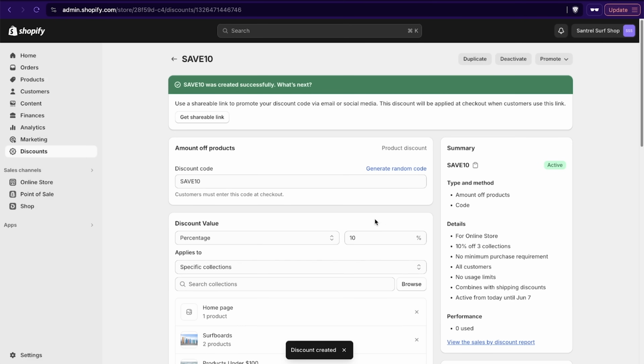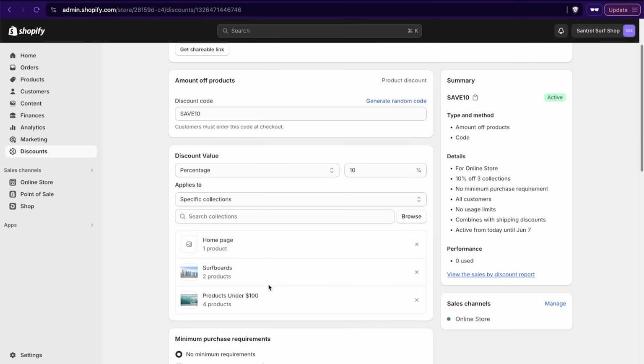Save the discount, and now that discount will be there. I actually did add all 3 collections right here, so it's valid for all products on our site. But you could do individual things if you wanted. Now, going down to apps, this is the next thing I was mentioning, if you wanted to get other integrations,